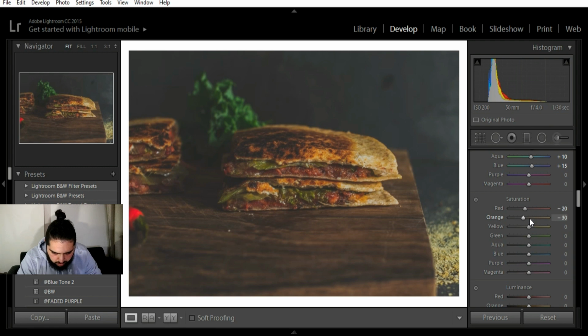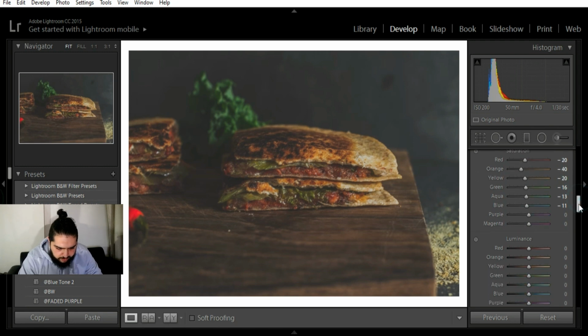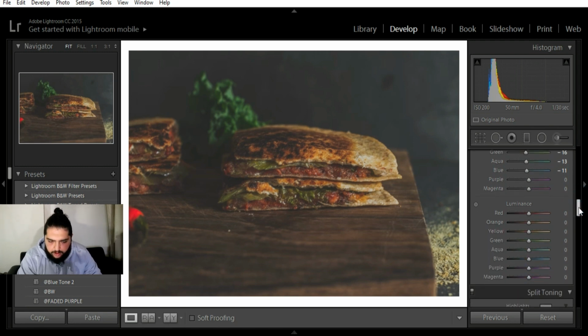Maybe even more. And then the yellows as well, I'm gonna bring them down maybe a little bit more even. Saturation down, down, down. Purple and magenta doesn't really exist here. Now I want to get some punch out of the colors, so